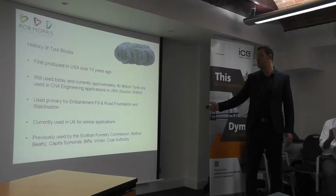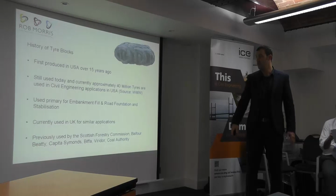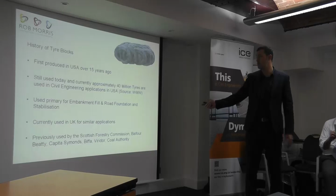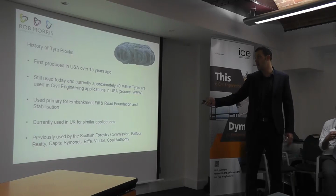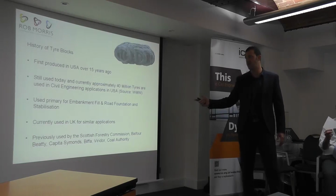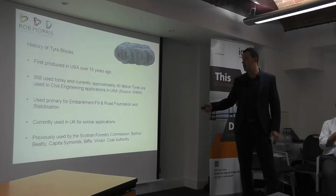The history of the tyre blocks: they first started being used in the States about 15 years ago. They use them today. They process approximately 40 million tyres into civil engineering and construction in the States, and that is a reliable source for last year, really. To give you some idea of the scale of that, that's probably about 20% of recycled tyres,